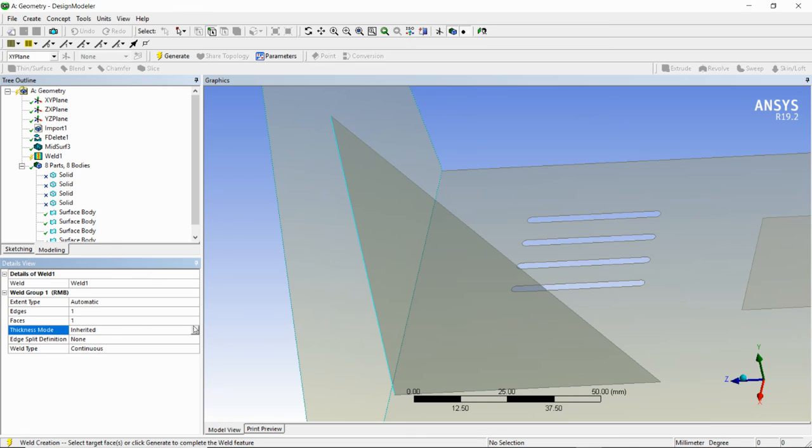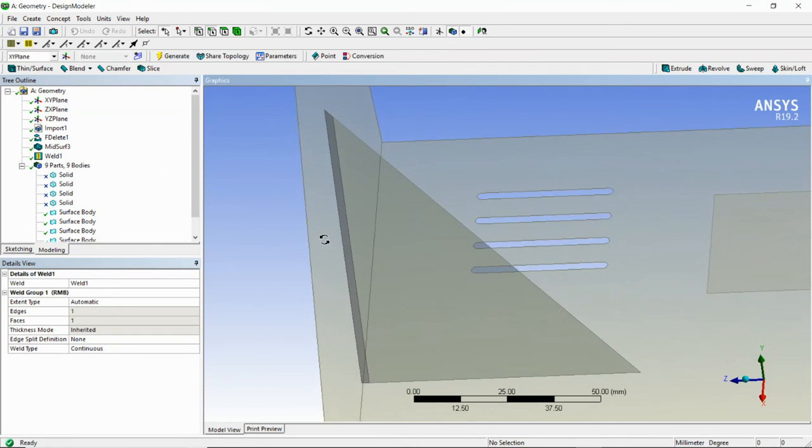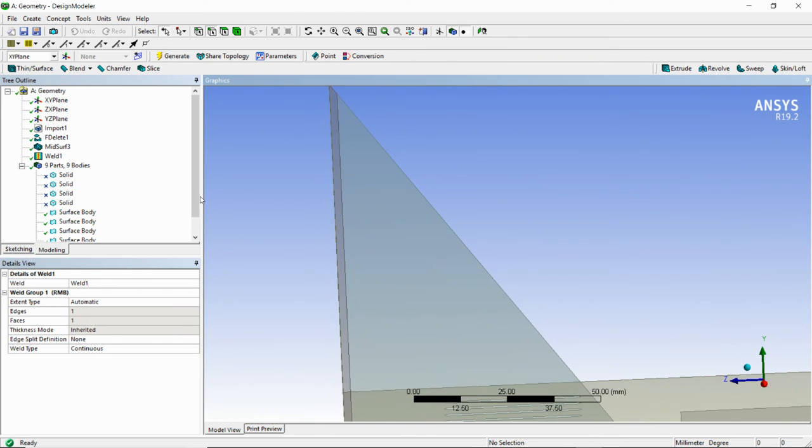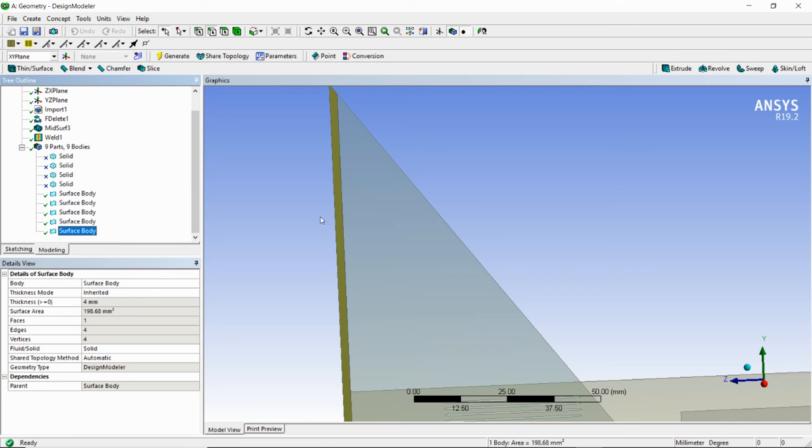In user defined you have to define the thickness for the weld. I will set it to inherited, and the weld type is continuous. Then I will generate it. Now you can see one surface body is created here.